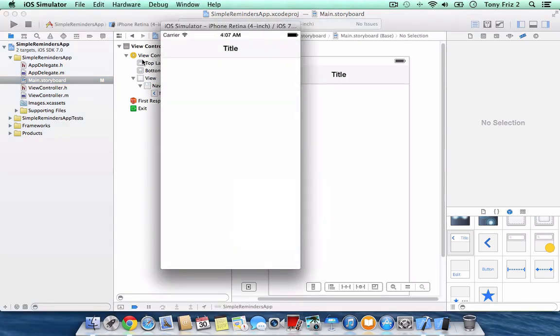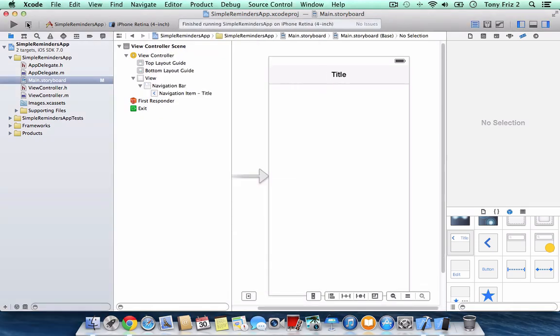Okay, so that's a little bit better, but visually it's still a little unsettling to the eye. It would look a lot better if behind the status bar was the same light gray color that fills the back of the navigation bar. Fortunately, Apple has provided a method as of iOS 7 for us to do exactly that. Believe it or not, there's a protocol called the UIBarPositioningDelegate protocol that allows us to solve exactly the problem we're facing. It's a very simple protocol with one method, and let's see what that method looks like